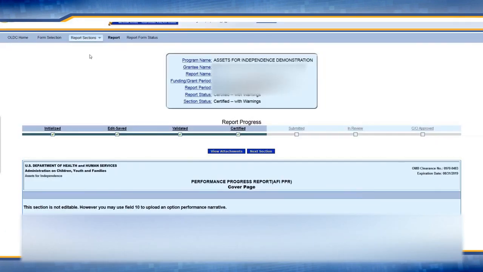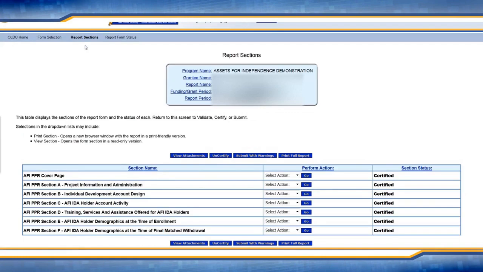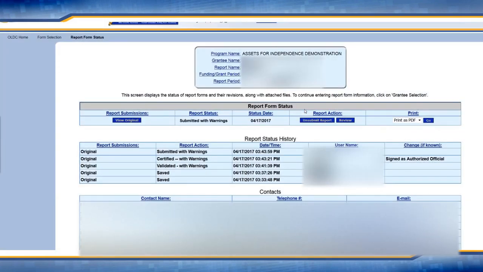After you certify and e-sign, OLDC will allow you to submit your report. To do so, you need to go back to the Report Section screen by clicking Go to Report Sections from the drop-down at the top of the screen. Click on the Submit or Submit with Warnings button and click OK to any additional messages that pop up. OLDC will bring up the report form status page, and you'll see that it has a status of either submitted